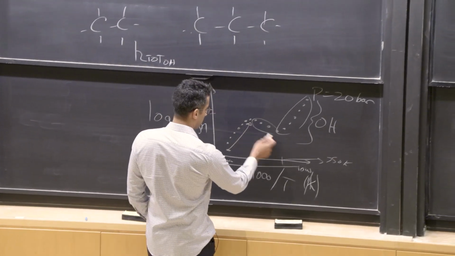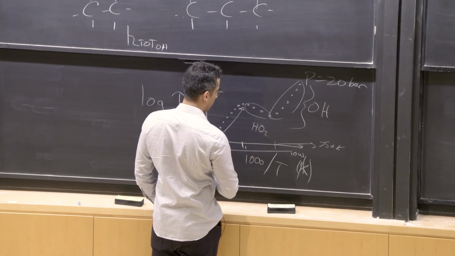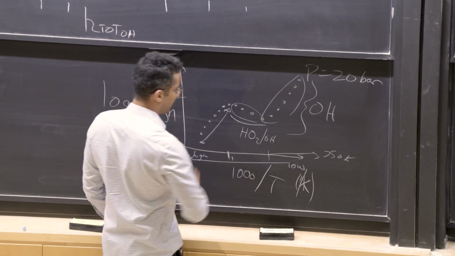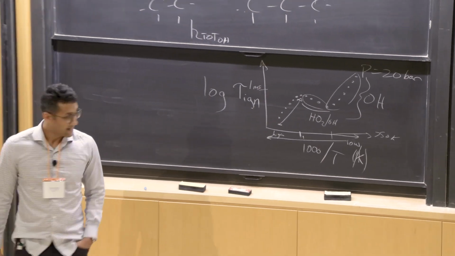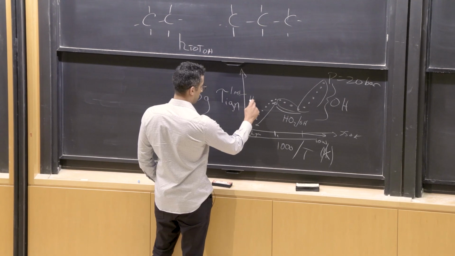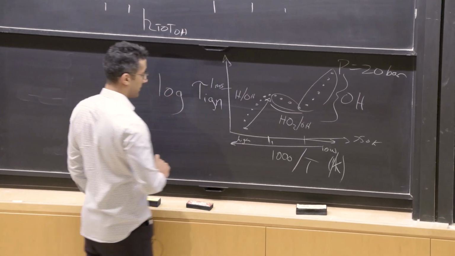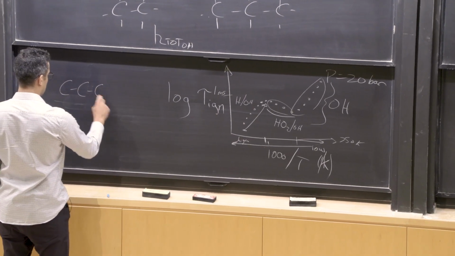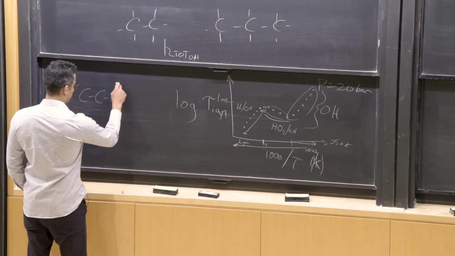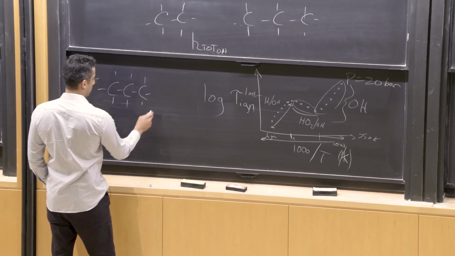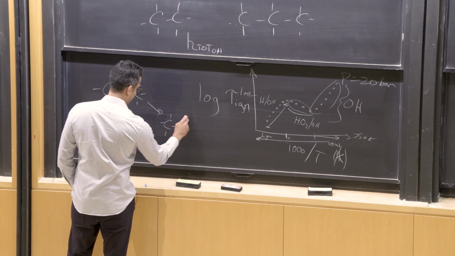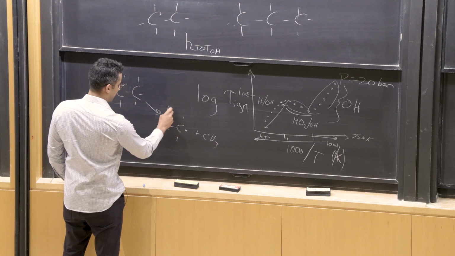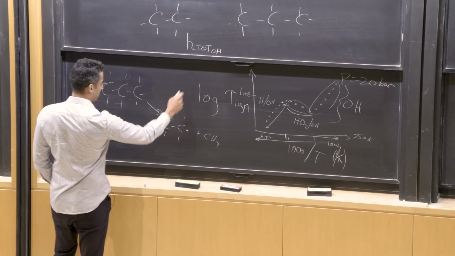At this region, HO2 is the most important. HO2 and OH, both of them are very important in this intermediate regime. And then in the high temperature regime, it's mainly H and OH. And the reason is, if you have a molecule and it eventually breaks down, let's say this molecule breaks down, it forms ethyl radicals and methyl radicals. Eventually you're going to have to make hydrogen. Eventually you're going to start breaking off hydrogen atoms from your